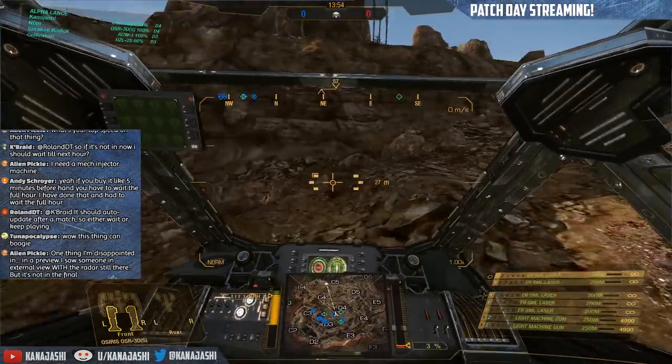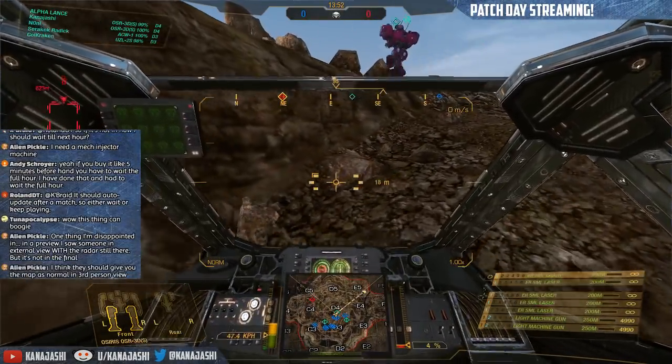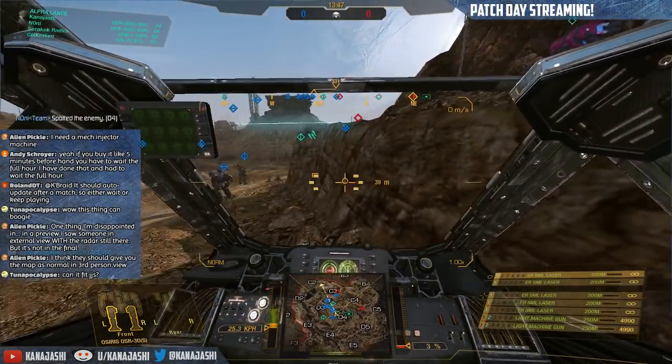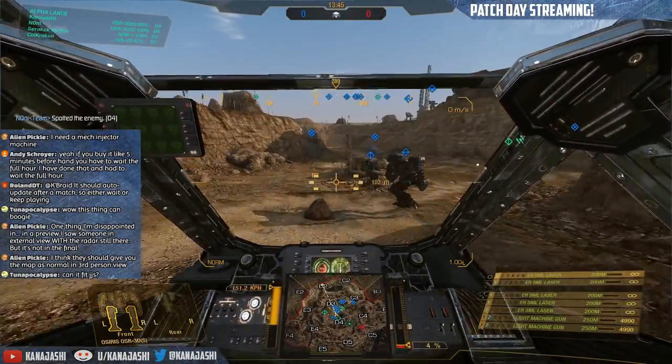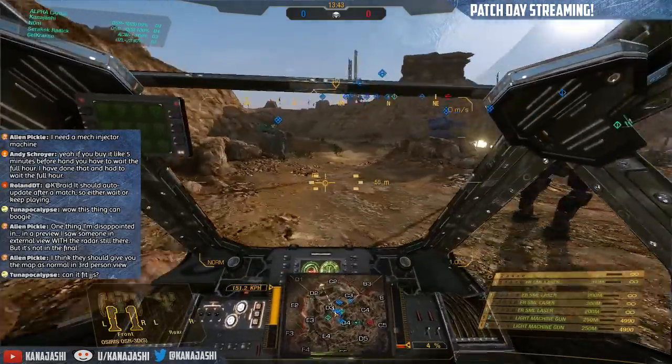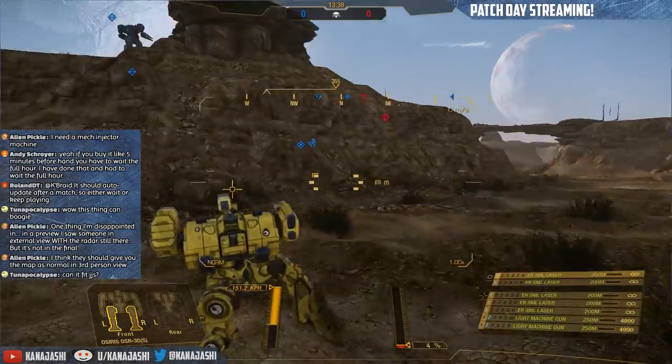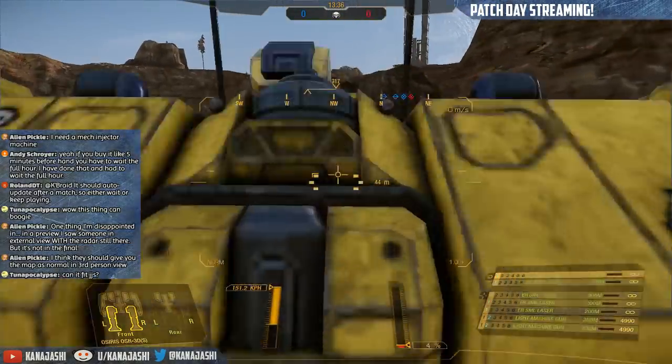One thing I'm disappointed in: in the preview, I saw someone with an external view with the radar still on, but it's not in the final. I think they should give you the map as normal in third-person view. Yes, okay, I gotta explain that whole thing. I completely agree with you that you should have the map in third-person view. I think that not having a functional third-person view is limiting the audience of this game and is a detriment